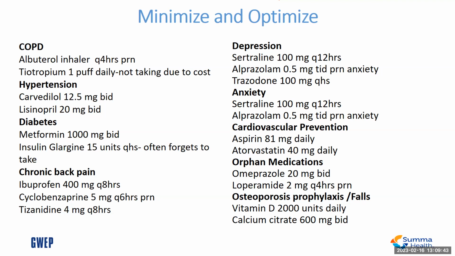Along with that, it's a little bit off the subject, but this patient needs to have physical therapy. She has chronic back pain, and really most people hesitate about physical therapy because they think it's going to hurt more, but it's important to get the physical therapy to make those muscles stronger so that the back doesn't hurt as much and is less likely to have injury. So other team members are important. It's not all about the medications by any means.